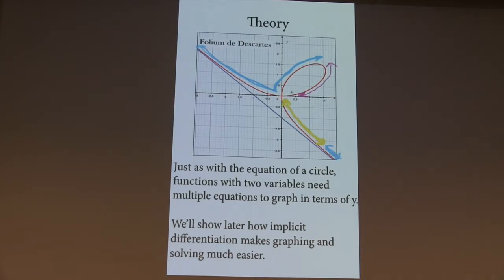Here we can see the Folium de Descartes. Normally, three functions would need to represent the graph, as shown by the pink, the blue, and the yellow lines along the graph. By having two variables, x and y, we can represent the curve with just one equation, the